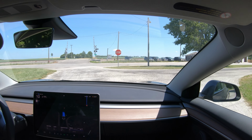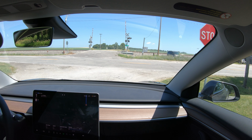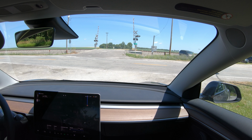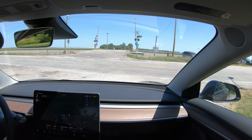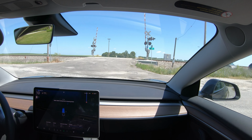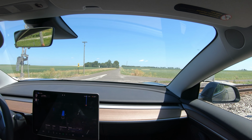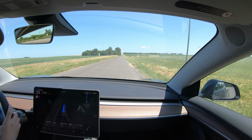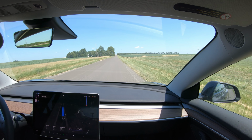Well, you got to go straight here, car. You want to go straight across the road here. See if it can do it. I don't know why it wouldn't be able to. There's nothing coming. I don't know why it's so hesitant here. It is very hesitant for some reason. I don't know why it thinks it's 20 miles an hour, but in any case, that's going to do it